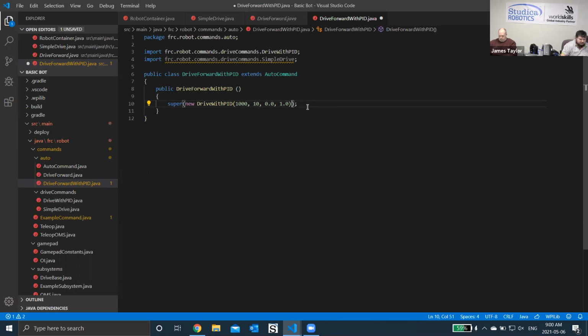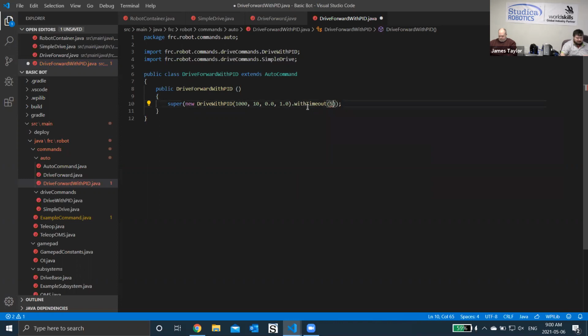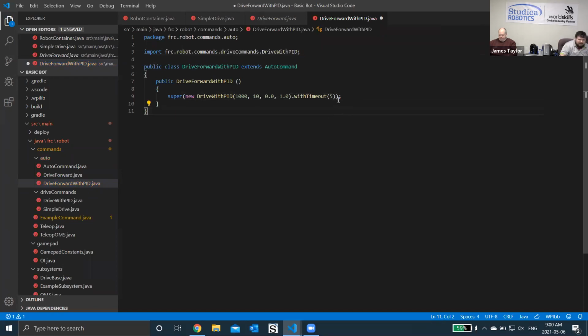And it's as simple as that. Now, I know that this PID is going to roughly take about 3 seconds to run. So I'm going to add a timeout of 5 seconds. The reason why I'm adding a timeout here is that if I had a command that was